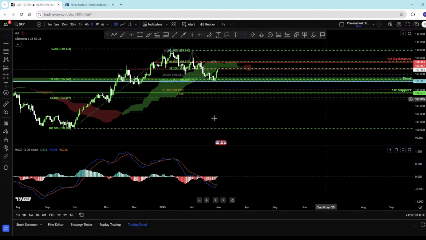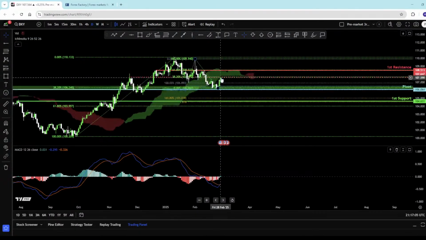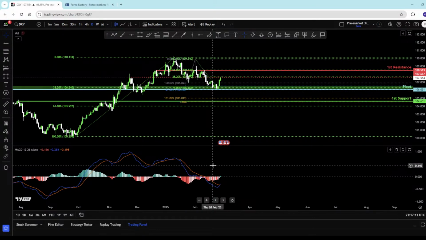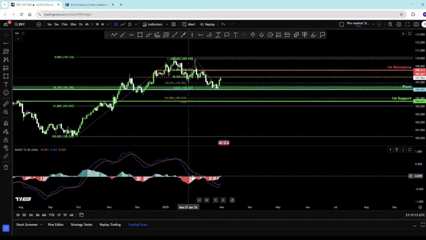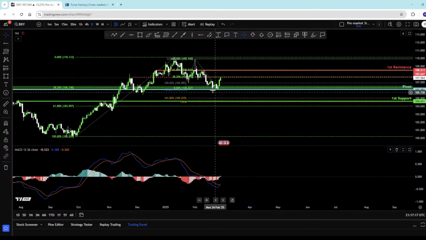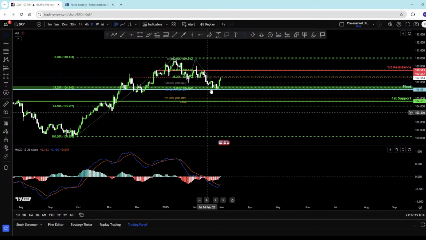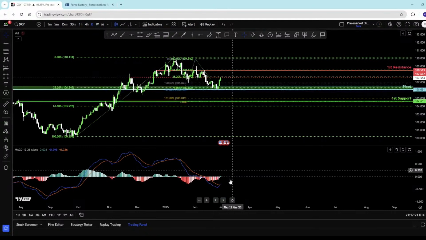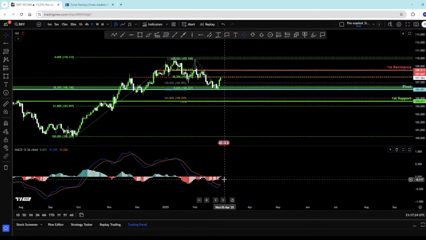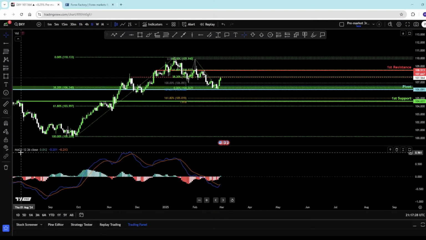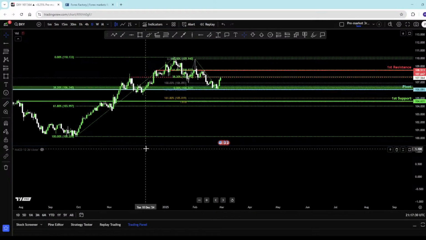Okay, currently price is moving below the Ichimoku cloud, which is a bearish signal. So that doesn't support our analysis. I'm going to remove it for now. MACD, you can see, is giving us an overall bearish signal, which makes sense because price was recently dropping. But there's been a slight uptick, and you can see that reflected in our MACD as well, giving us a slight bullish signal. I'm going to KIV this until it gives us a